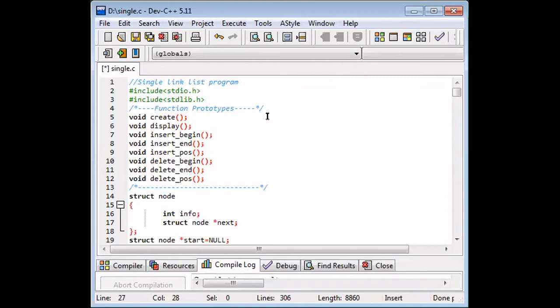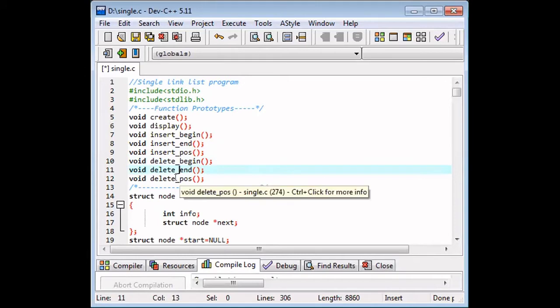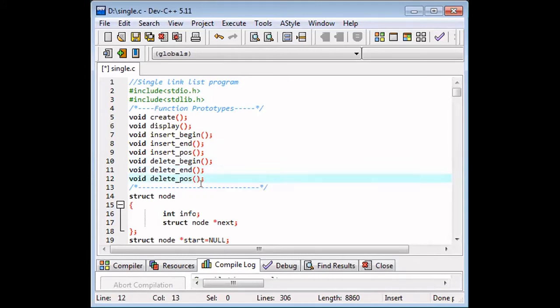Actually here we will write the code to create a node, to display a node, to insert a node in the beginning, at the end, at a given position, to delete in the beginning, to delete in the end, and delete at a given position. So all the concepts we will execute. Nearly 8 operations of a single linked list we will be doing in this program.